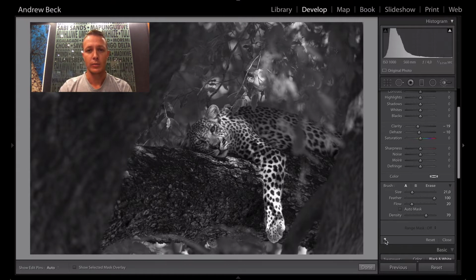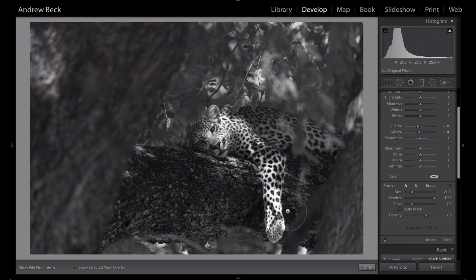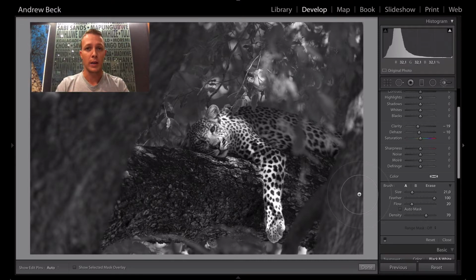So if I have a look at without these adjustments, yes, I'm drawn directly to the face of the leopard because that's the brightest part, but I'm also drawn to this paw over here. And then just looking around, this little bright patch of light falling onto this tree stump in the foreground here, that is detracting. And so remember that our eye is drawn to the brightest parts. So initially we go to the leopard, but then we start to drift, maybe up to the top left, up to the top here, maybe along these branches down